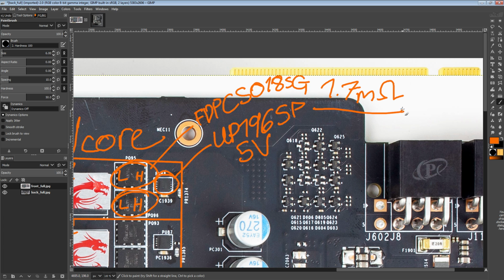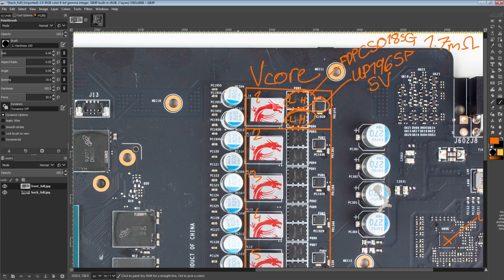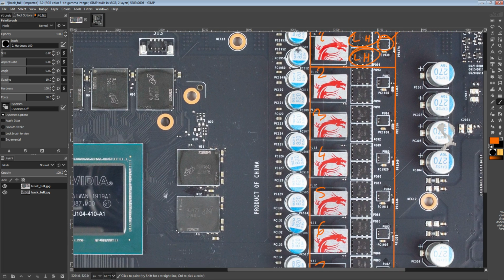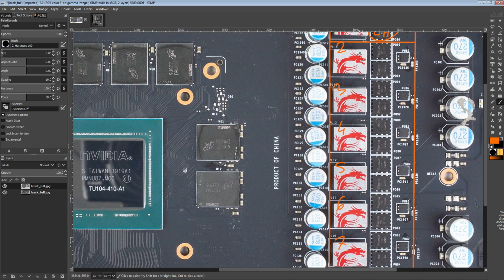Lower RDS(on) on the low side MOSFET is the easiest way to get good efficiency out of a VRM that you'd see on a GPU or a motherboard, because they're converting 12 volts down to 1.2 or less than 1.2 volts in the case of an RTX 20 series card. And so you really do need a very low resistance low side MOSFET. So anyway,